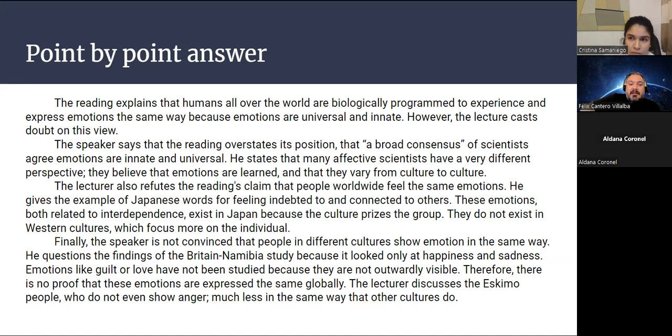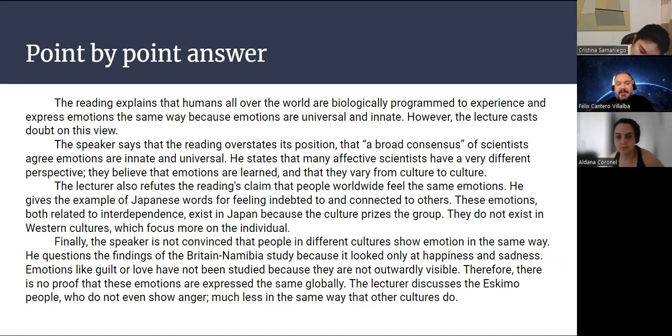Yes, and again, the same recommendation as for Aldana. You have to say where the information comes from. This is what was put in the reading, in the text, according to the author. You have to express who said it, and then the lecturer, the professor. I don't know about the expert, I never heard the expert, but the professor, the lecturer, the speaker, those are good ways to refer to the audio. And yeah, content-wise, I don't have any correction to make to both of you, but just the form, the way that we express it. We have to say where